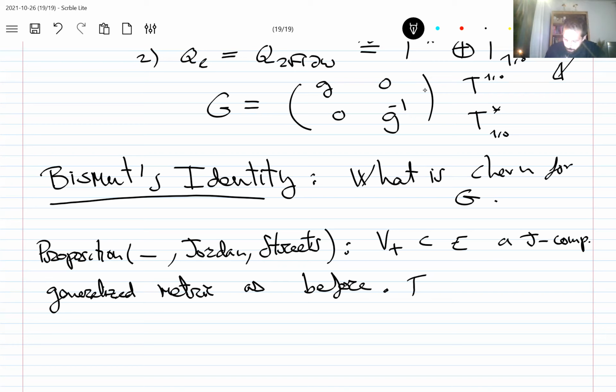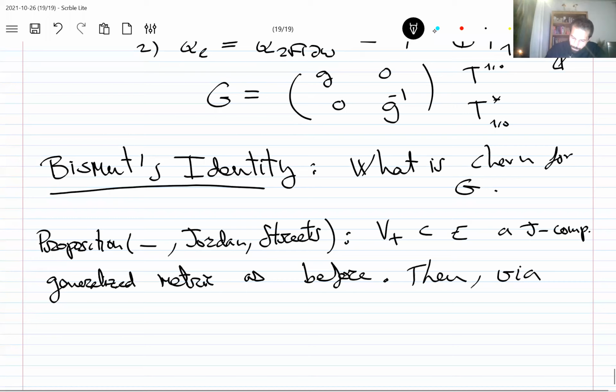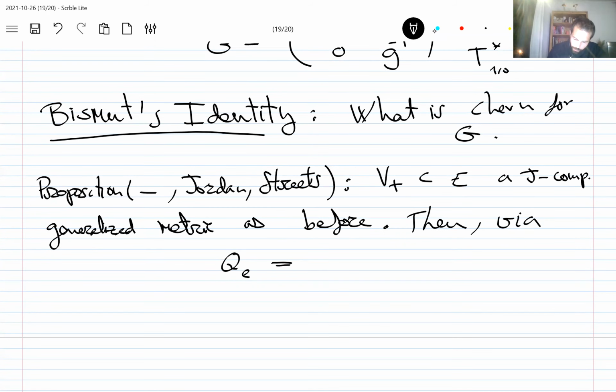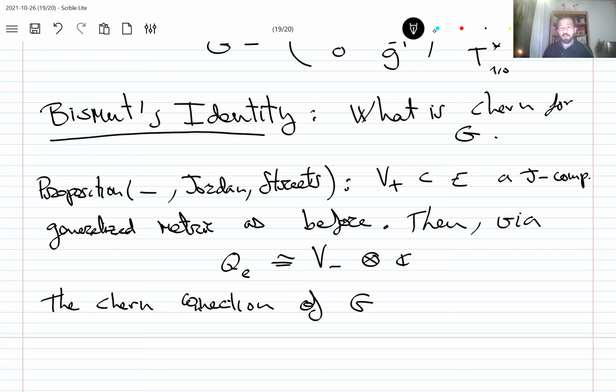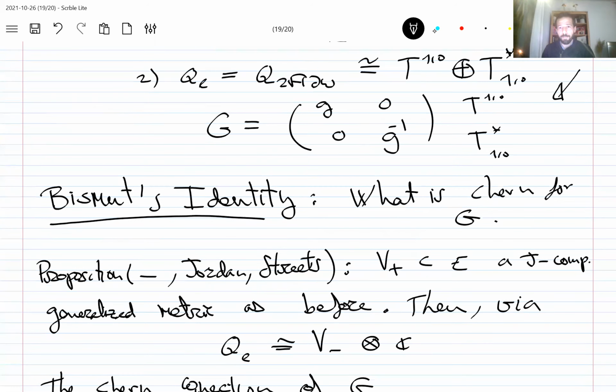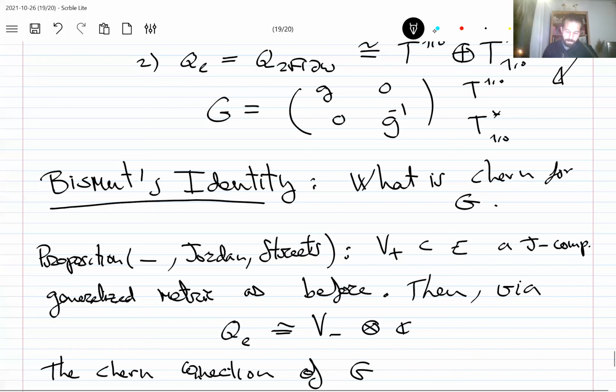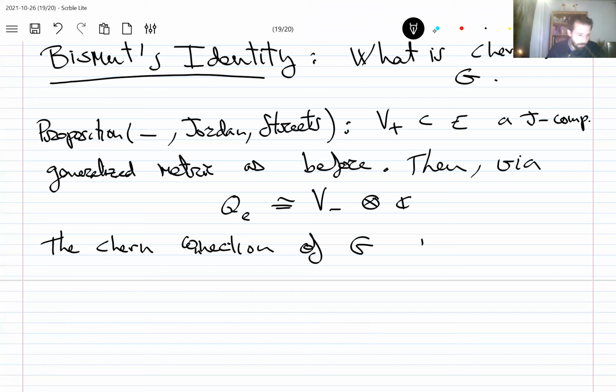Then via the identification of Q_L with B minus tensor C, which is given by orthogonally projecting into the minus component, the Chern connection of the generalized Hermitian metric G, which I defined before, is the following natural formula: